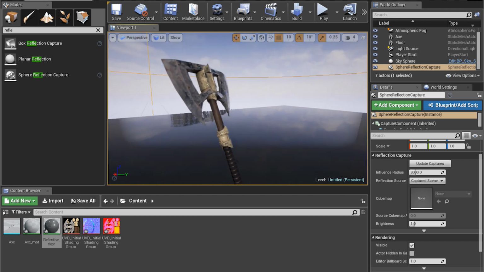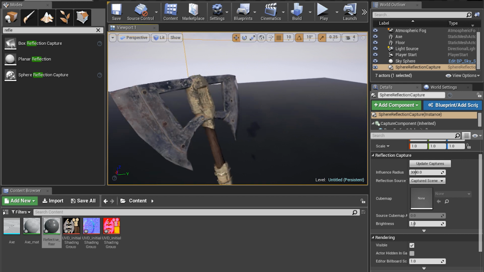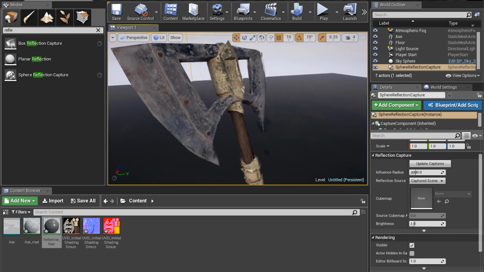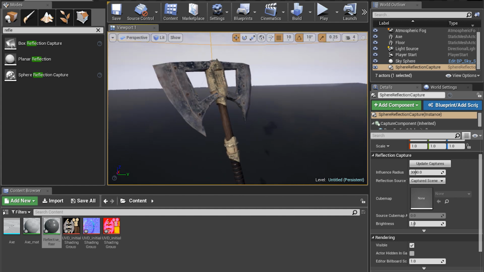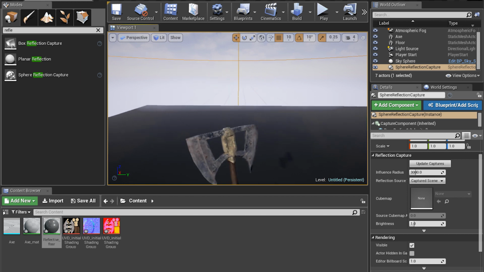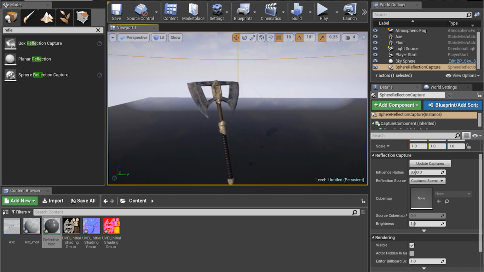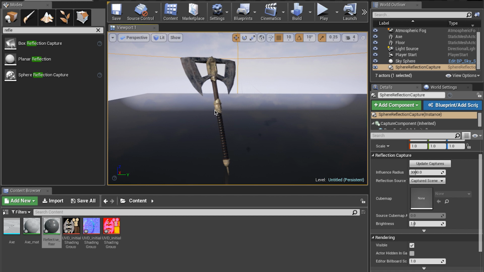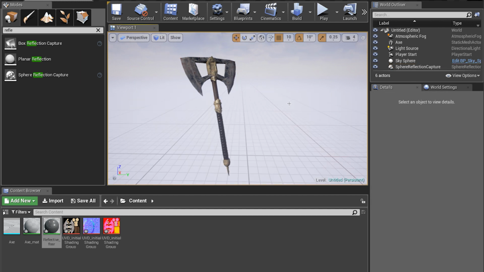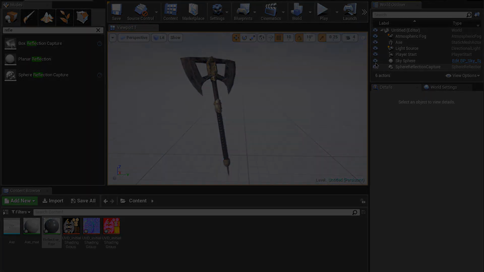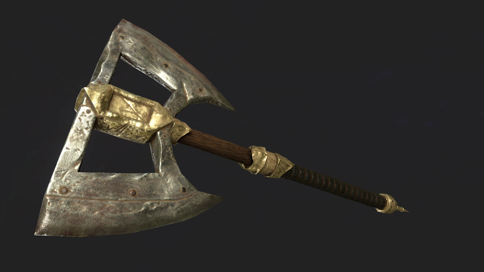Now let's zoom in here and take a look at our X to see if it looks better, and yes, it does. It now reflects either the default environment color or the expanded skybox that we've created with the reflection probe. This might not be the most elegant solution, but if you need things to look decent without tweaking everything that the engine has, this is one of the ways of doing that, especially if you're not an engine-savvy, programming kind of person. And that concludes our tutorial for today, and at the same time this concludes the series